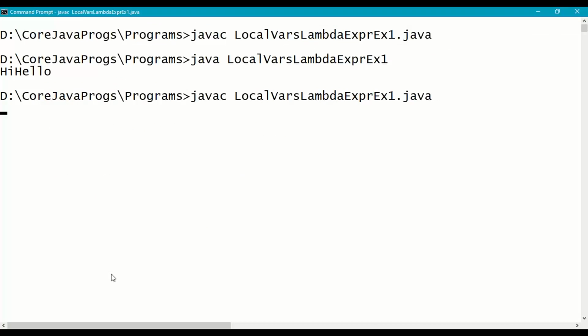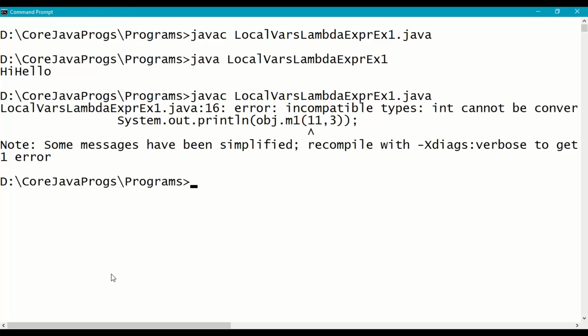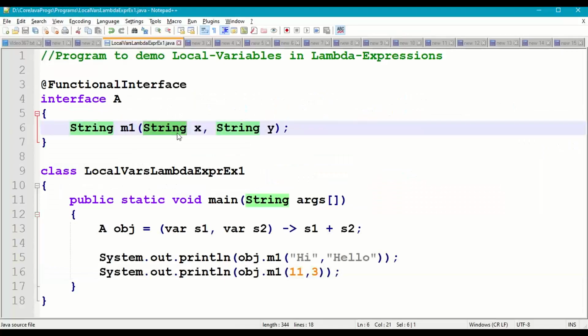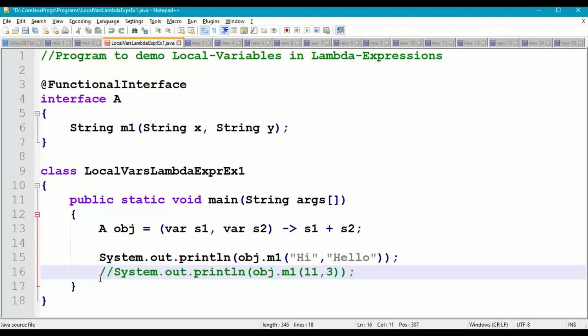Here we'll get an error because 11 cannot be converted to String. An int cannot be converted to String because we are giving String as the data type for the input parameters of the m1 method. So this is not valid, whereas the earlier call is valid.